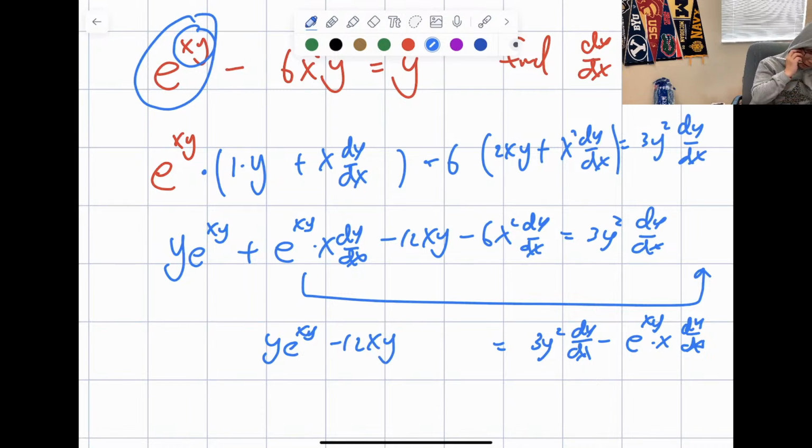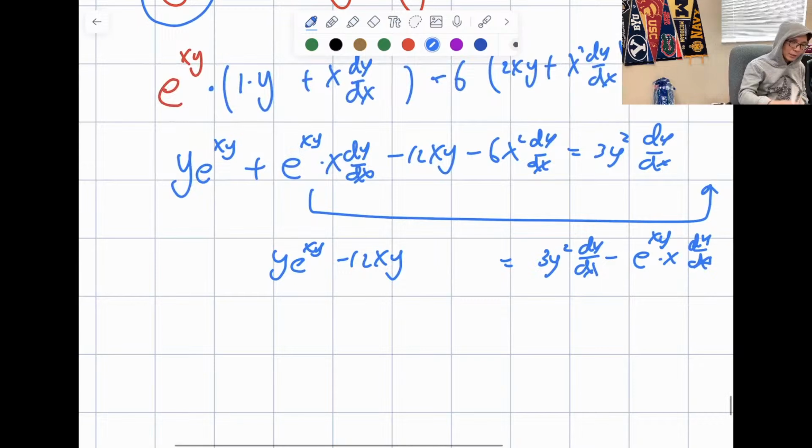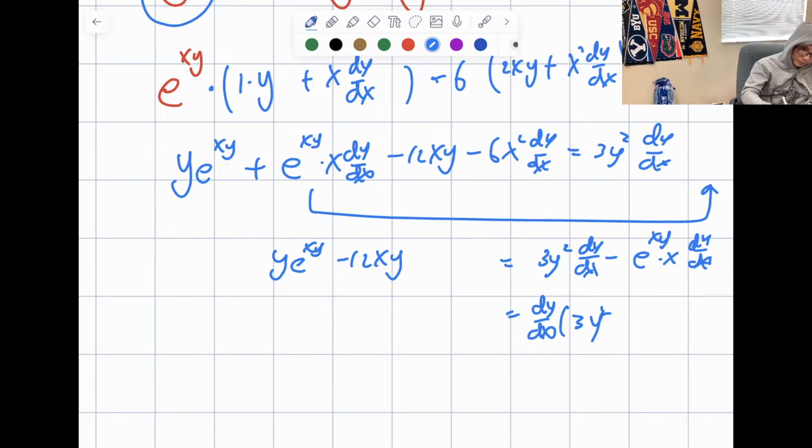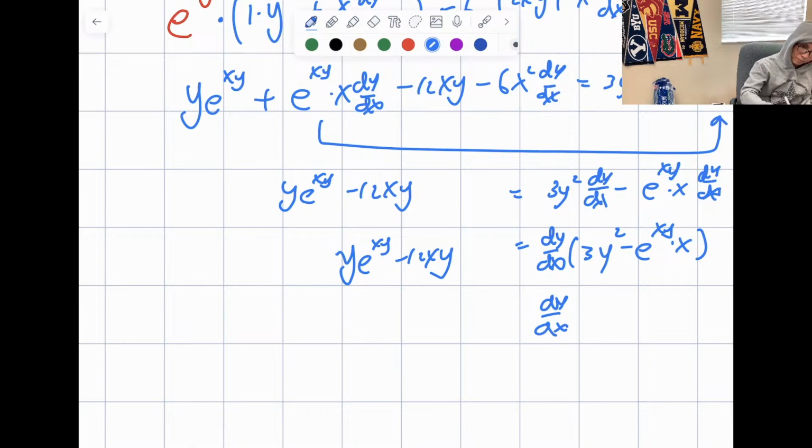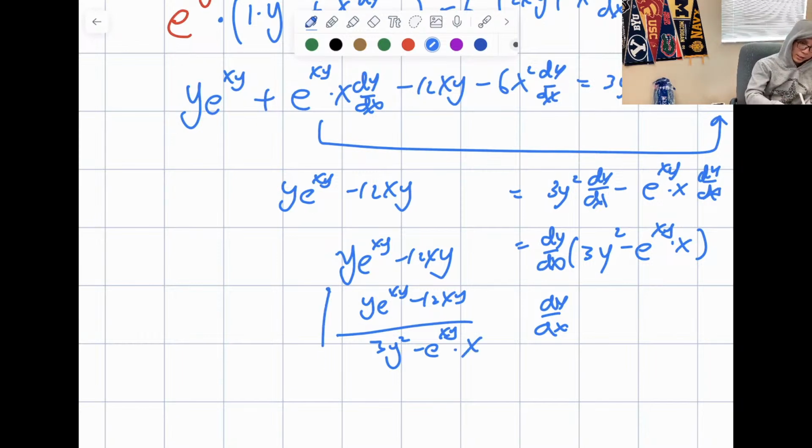I think that's all the things. Is that okay? I'm going to factor out dy dx. That's going to be 3y squared minus e to the xy x. y e to the xy minus 12xy. Am I doing okay? And I'll just divide it over. So y e to the xy minus 12xy over 3y squared minus e to the xy times x. And this is,